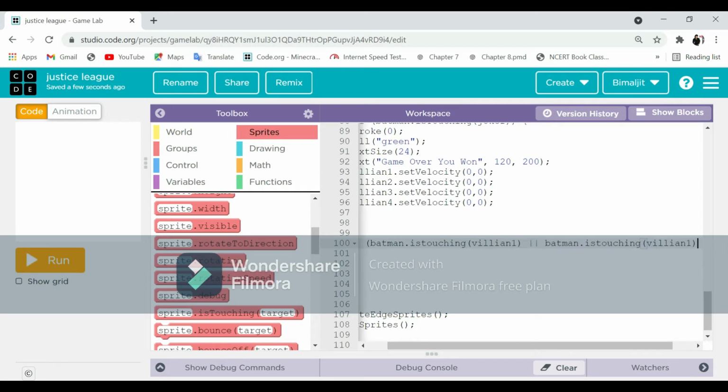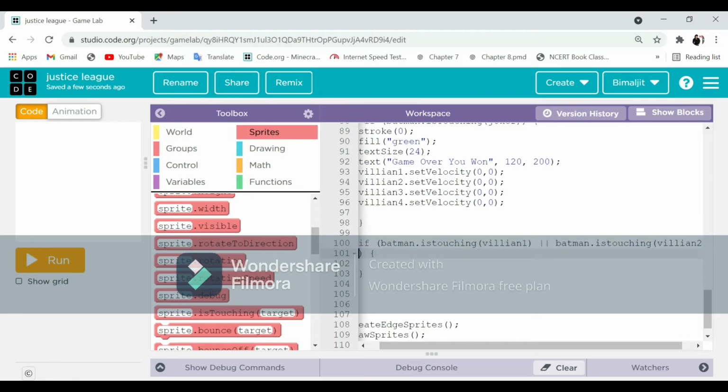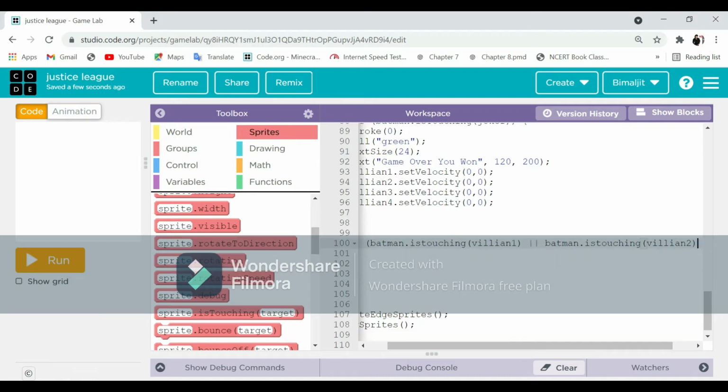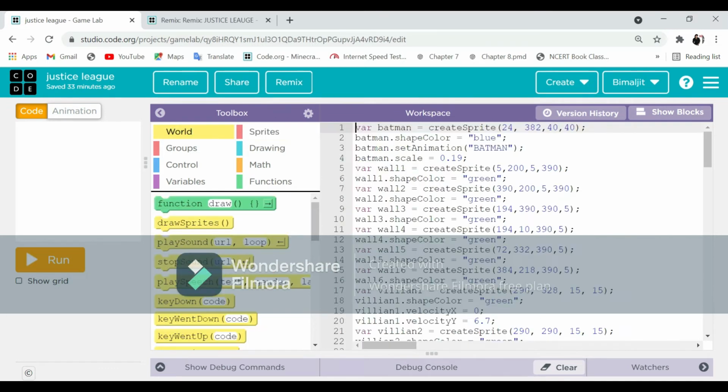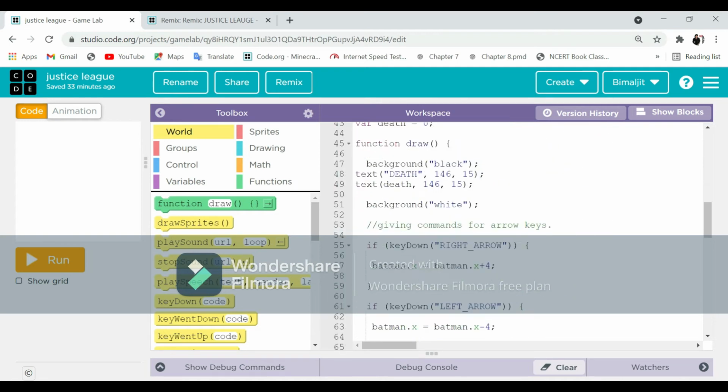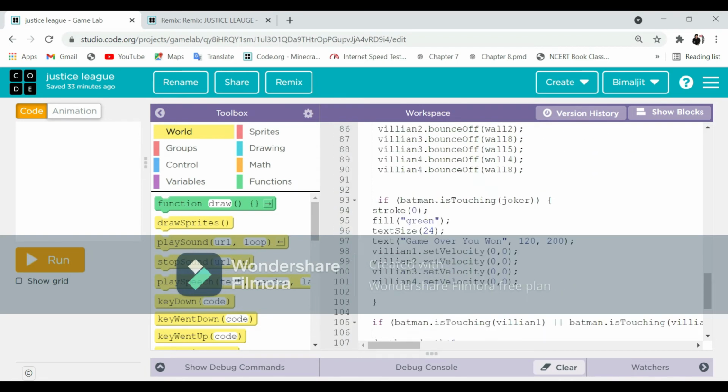Now we will write villain 2 here. Once again we will write the OR condition and then continue. Like this you have to write for everything. So let's complete it. Alright, now I have written the code for the death condition also.